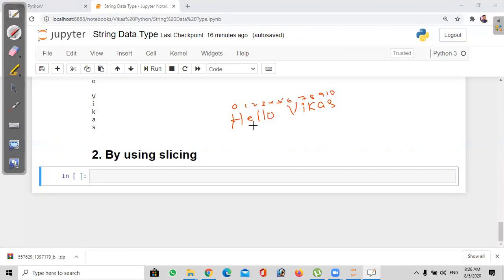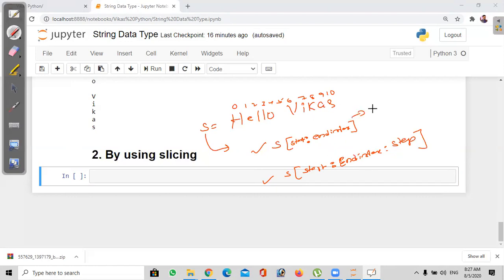If I want to take a slice, S is the variable holding the string. To apply slicing, we use a colon. The colon is used to separate the slicing. Here we give the starting index value, a colon, and then the end index value, and close. This is the first syntax. The second syntax is S of starting index value, colon, ending index value, colon, then the step value. So these are the three.